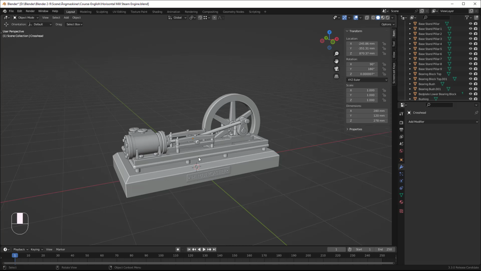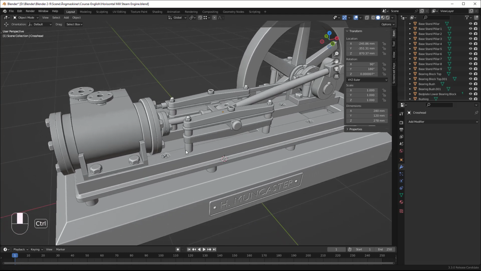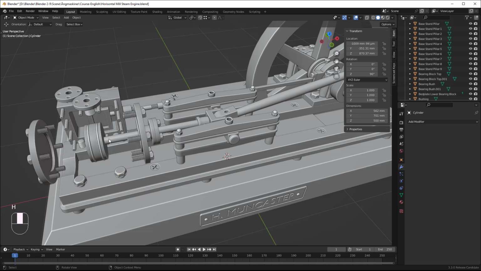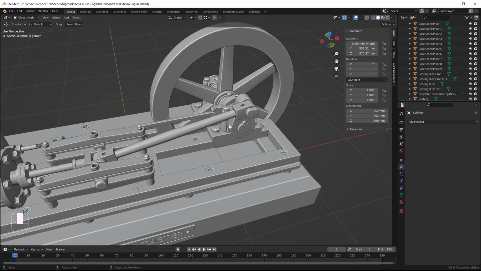So this is the steam engine we are going to animate, and we are going to animate some parts here. I will select the cylinder, then press H to hide it. Inside here we see the piston and also a couple of O-rings. They will be animated together with this piston rod and this connecting rod together with this crank and the shaft